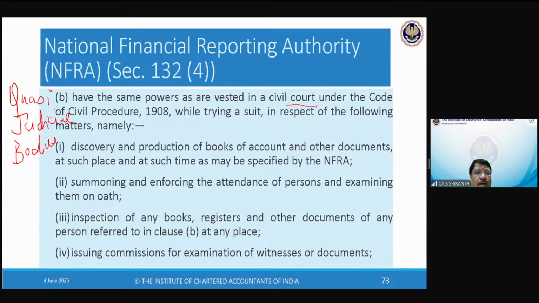Suppose the witness is old, sick, and unable to move, but can talk. Then the court will engage a professional called a commissioner of oaths, a young advocate who will be asked to go and take the oath. So he will go to the hospital or house and administer the oath. "What I'm saying is the truth, nothing but the truth." And then he'll be given a list of questions to be asked.